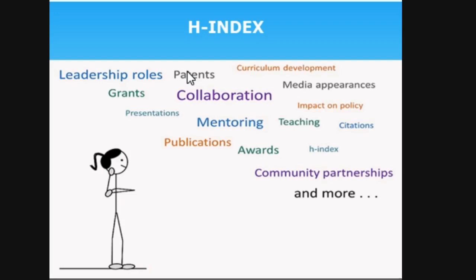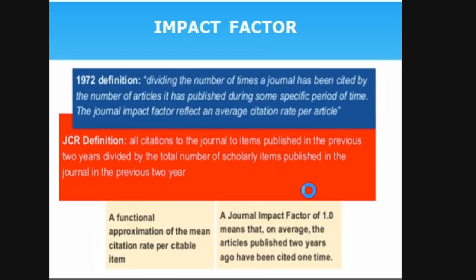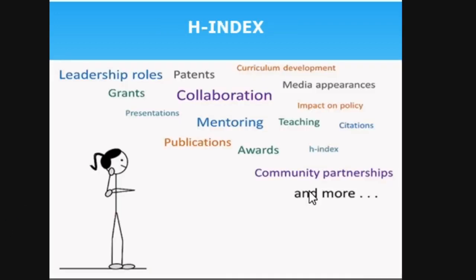One more important point: H index alone doesn't represent the researcher's contribution or perspective, right? Based on H index, you cannot say he's a good researcher or a bad researcher. There are many more things you need to consider, let it be awards, collaboration, patents, grants, leadership roles. All these things are not considered by H index. H index calculates only citations, and based on citations alone, you cannot say that he is a good researcher. Okay. These are some of the limitations. You have to look beyond citations.